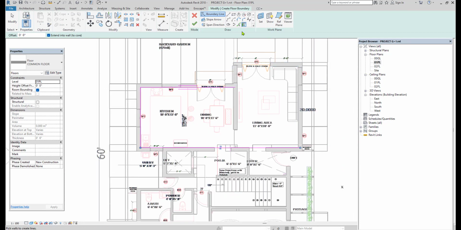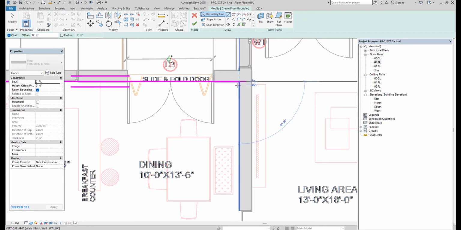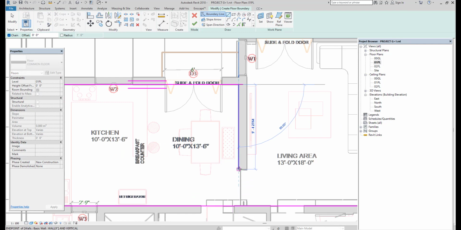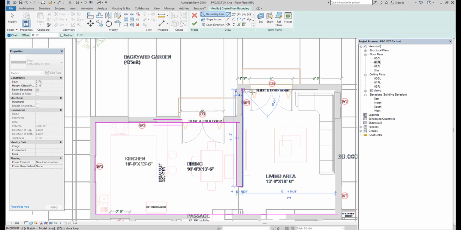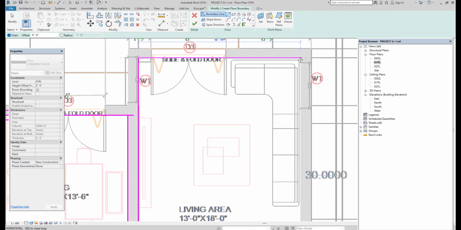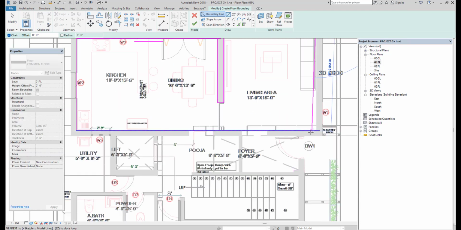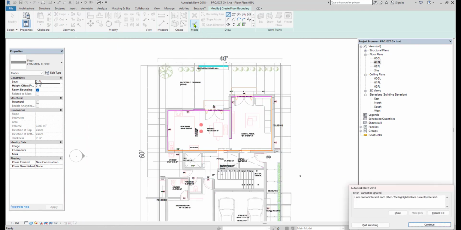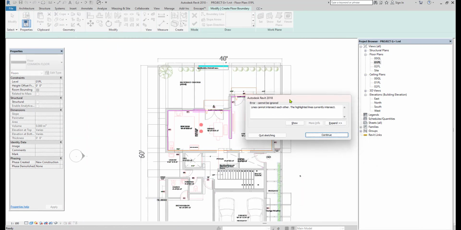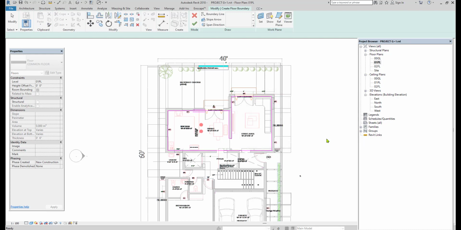Rather than wall pick, you can even go with the line command to draw it directly from the start point to the end point. Make sure your wall or floor lines do not intersect each other. It should be in a closed loop like this. If I am trying to close this, I should get a notification that lines cannot intersect each other. Just have a look at the highlighted boundary. You can say quit or else you can say continue to continue the drawing.